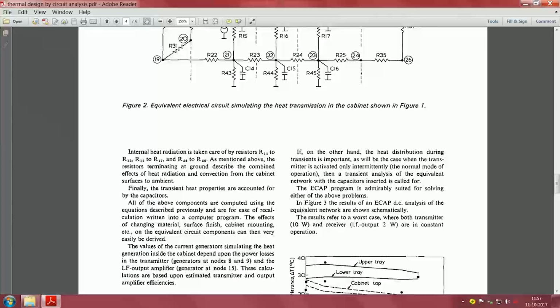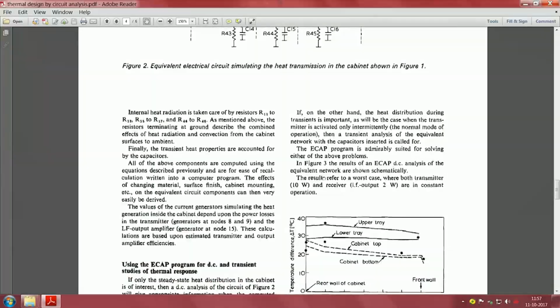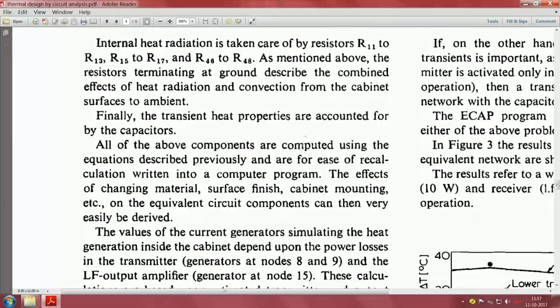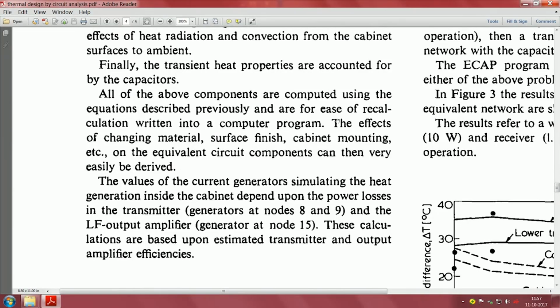Having gone through this, resistors at ground describe the combined effects of radiation and convection of the cabinet. Transient heat properties are accounted for by the capacitors, computed using the equations described previously and, for ease of recalculation, written into a computer program. The effects of changing material, surface finish and cabinet mounting on the equivalent circuit components can then very easily be derived,